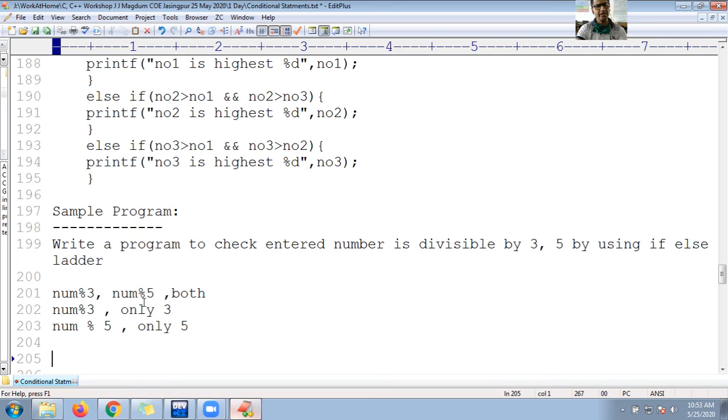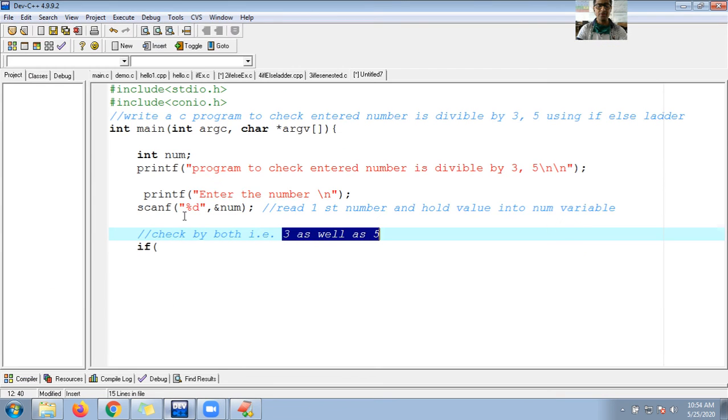Now first let me check. Let me write the comment line. Check by both, that is 3 as well as 5. Check whether the entered number is divisible by 3 as well as 5, means both. So what should I do?